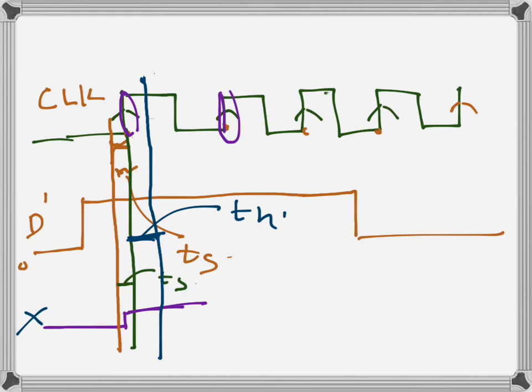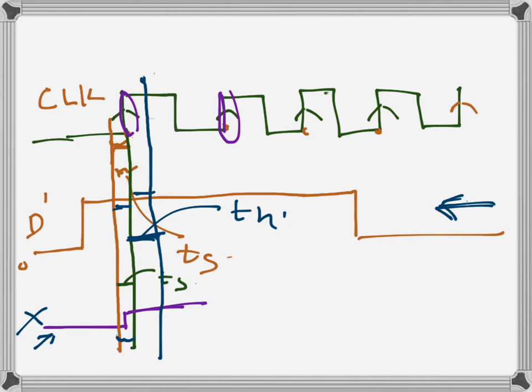Similarly, for this first input, this input is valid because it is satisfying both setup time and hold time. It is not changing either here or here, so that's fine. And this input is changing, it is not satisfying setup time because it has changed within the setup time. Now if we try to demonstrate another input which is changing within the hold time,